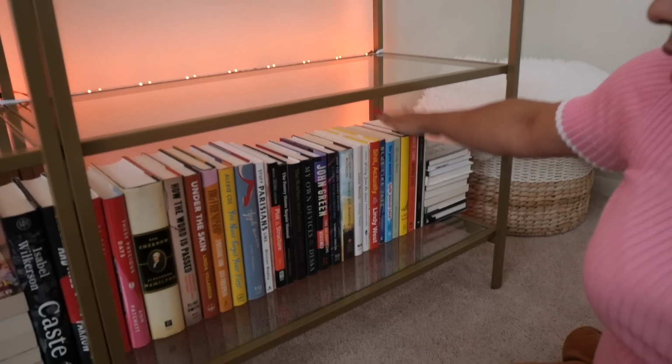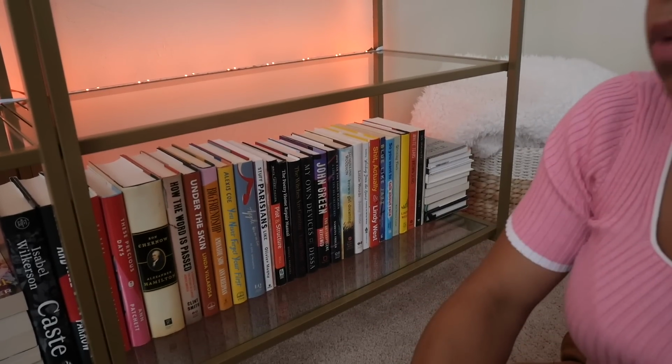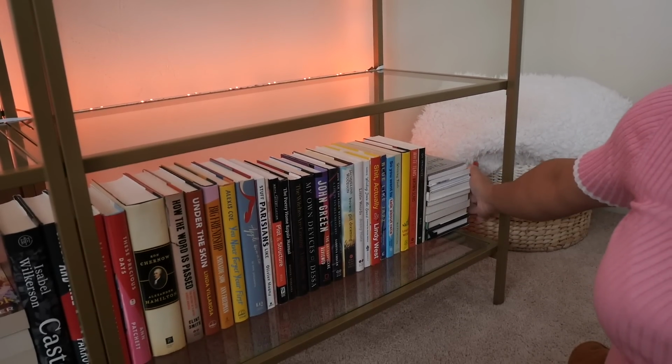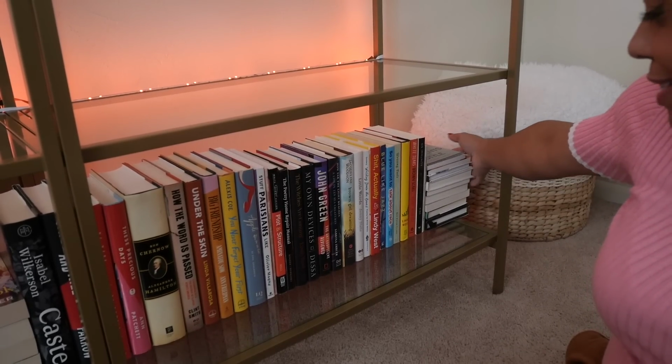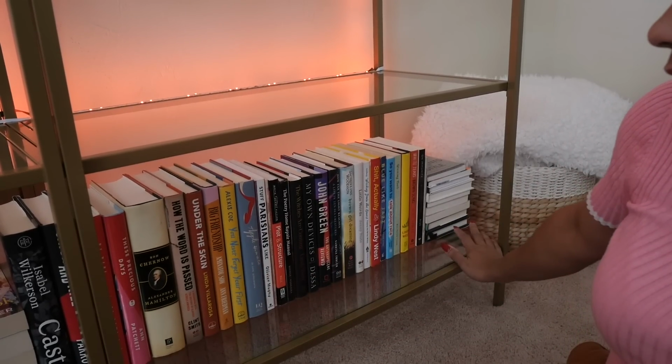This is my nonfiction section, and I've also got poetry in here as well. These are just this way because they're oddly shaped. They're like short books, and so I just tacked them there. I'm not unhauling any of this. I also don't have any TBR books coming from this section, but a quick highlight for Little Weirds by Jenny